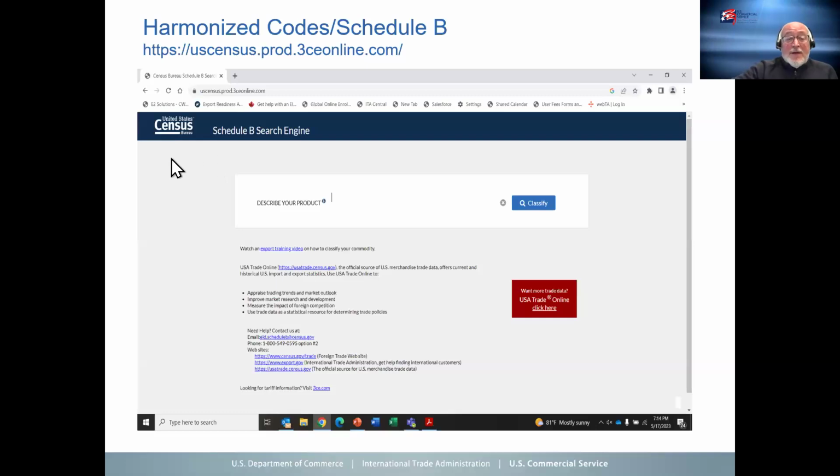Mercedes touched upon the importance of understanding what the harmonized tariff system codes are, what your products are, how they're codified. The Schedule B is a subset that's used by Census to track export business, but the numbers could be similar. The Schedule B is just an abbreviated version because they don't need the level of detail that we use at time of import into the U.S. for duty and tax